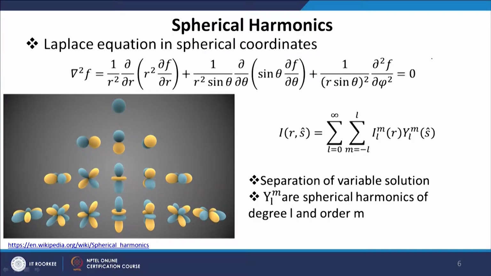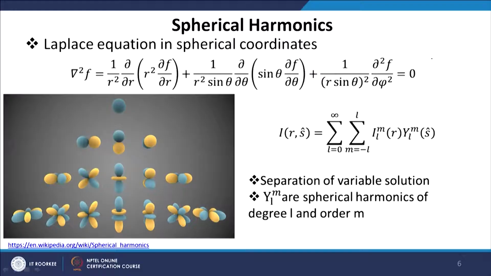Now, first of all we will understand what spherical harmonics is, and then we will go for how the spherical harmonics can be used to solve the radiative transfer equation. So, in spherical coordinates, the Laplacian of a scalar, del square f, where f is now a scalar function. Intensity is not a scalar function, it is a vector function, but let us understand first for the scalar function. So, the Laplacian of a scalar function del square f in spherical coordinates depends on its coordinates r, theta